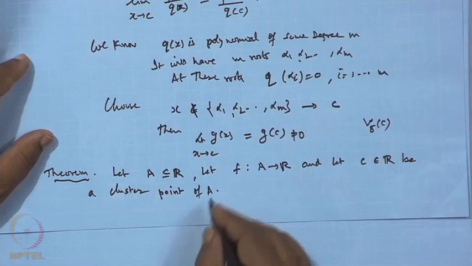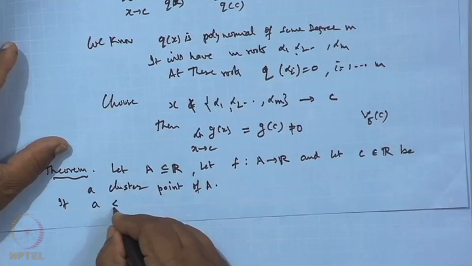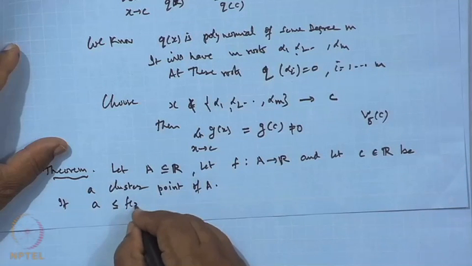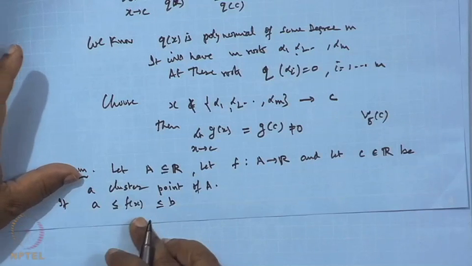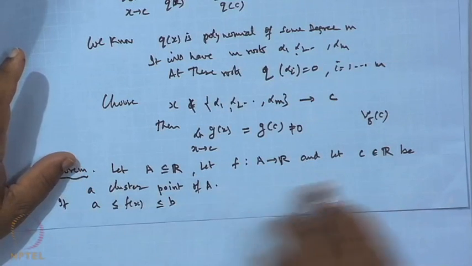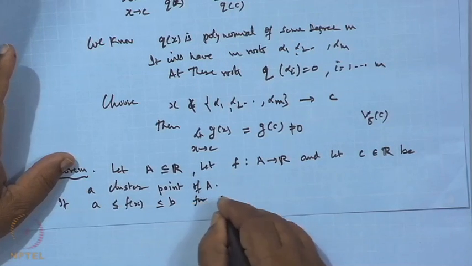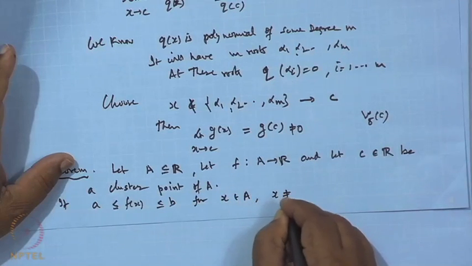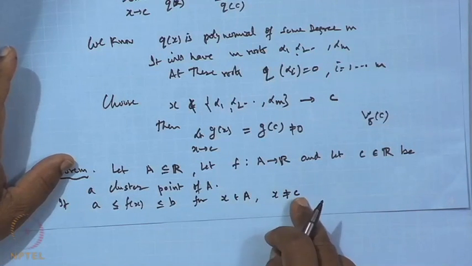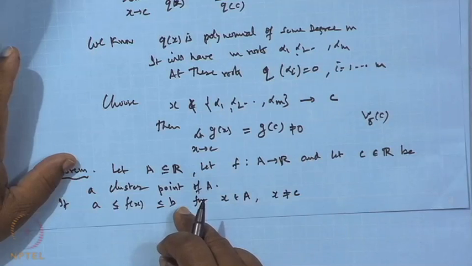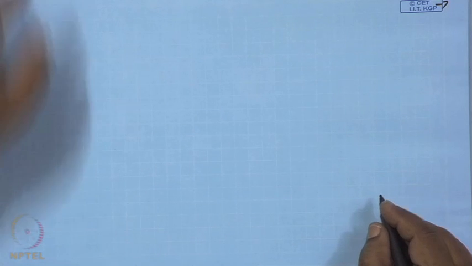And suppose A is less than or equal to f(x), less than or equal to B, meaning all the images of f in the neighborhood of C lie between this, f(x) for all x belonging to A and x not equal to C. All the points have an image of f over the set A except at C, which lies between A and B. Then, if the limit of this f(x)